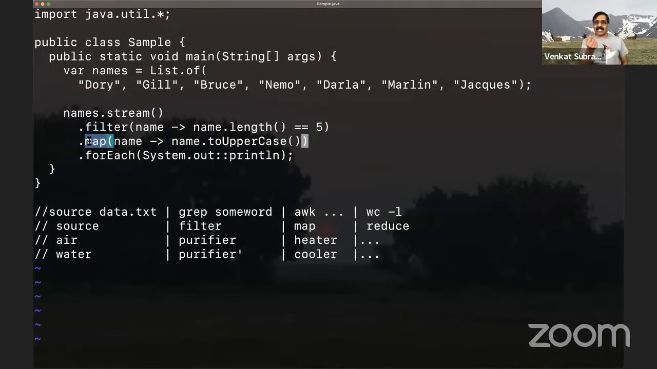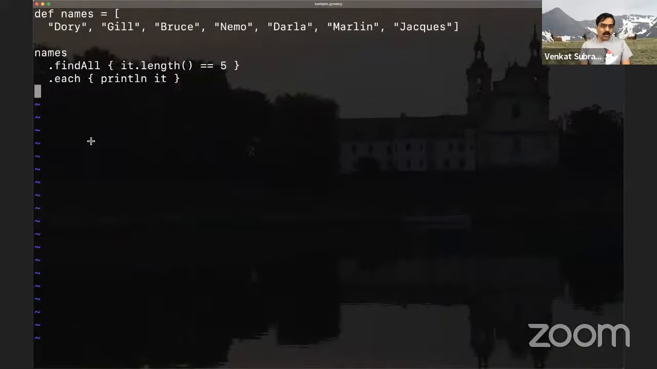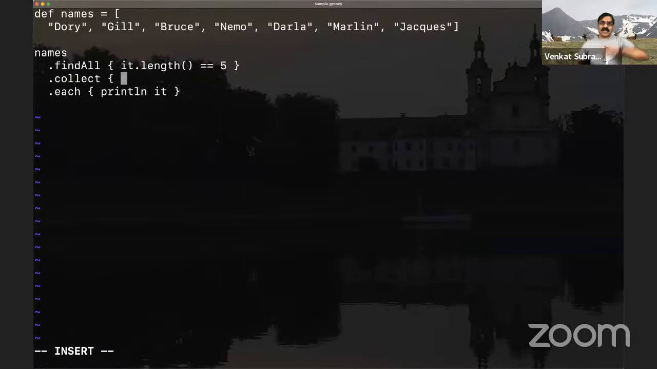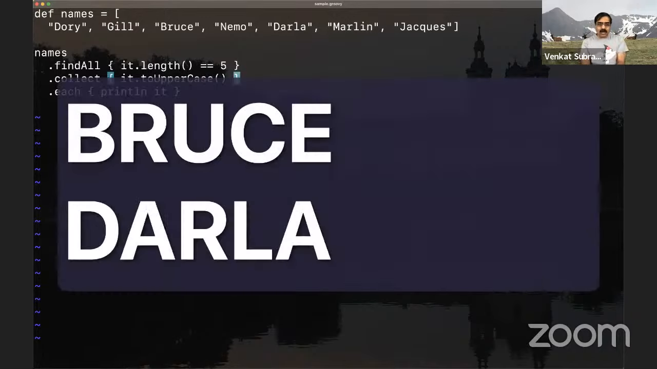It's kind of like your heater taking the water coming in, heats up by a few degrees and sends it out. That's basically what the transformation is doing. In this case, the transformation of data. Now on the same token here, in the case of Groovy, I use a function called collect. Don't confuse this collect with the collect in Java. This collect is collecting the results into another collection, but while transforming it. So I can say in this case to uppercase and perform the transformation like so, and Bruce and Darla again